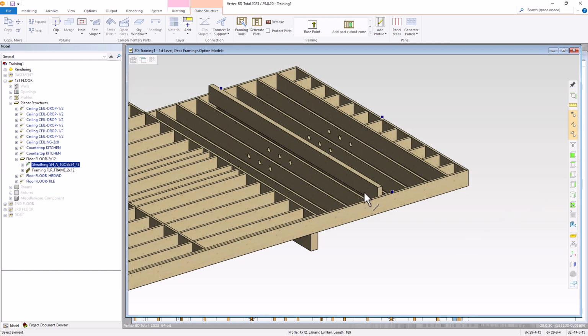And you'll notice this profile is not in plane with our floor framing. This profile was added using the profile tool that applies a profile to any structure plane. It may not line up exactly as you intended. To adjust the location of this profile, select the profile, right-click,